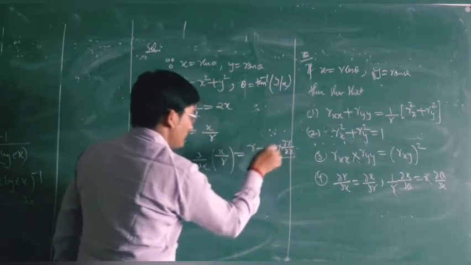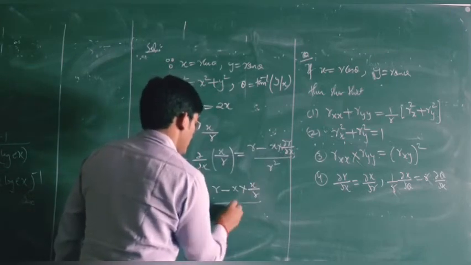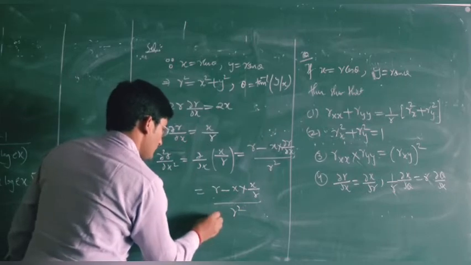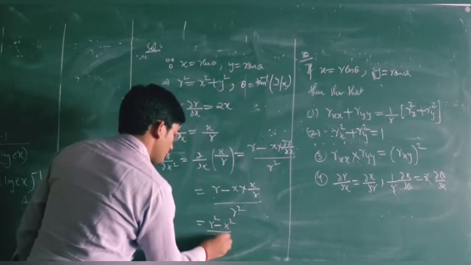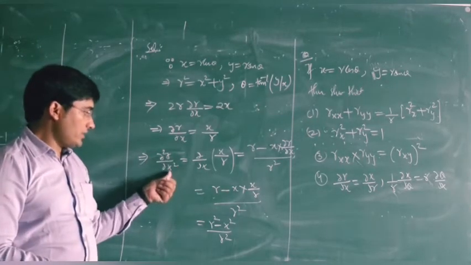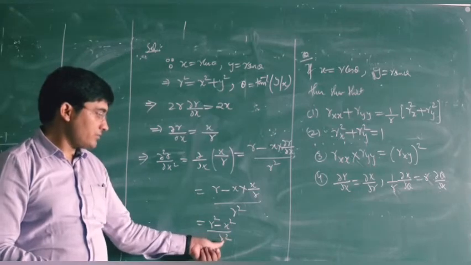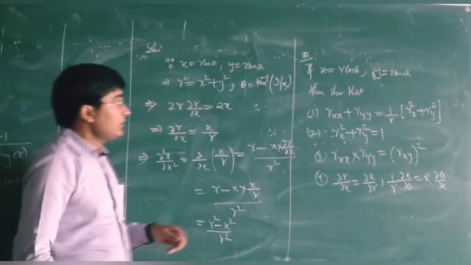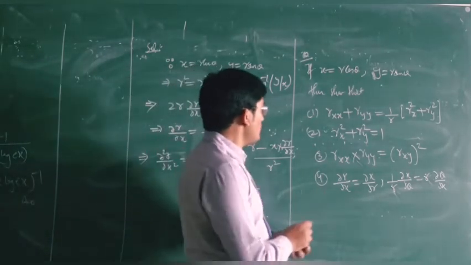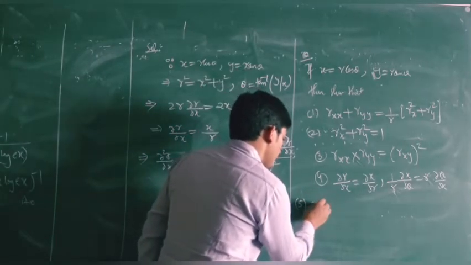del r upon del x is x upon r, so we have r square minus x square upon r square. So the double derivative of r with respect to x is equal to r square minus x square divided by r square. Now again from the same question we can have one more part, which is